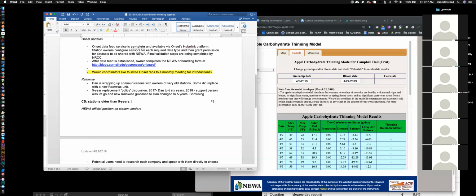I can reinforce to Ralph that if the customer wants to continue servicing it, you should continue servicing it. I also need to clarify that it's not our NEWA Rainwise policy that you replace it at 5 years. I need to reinforce that I'm following your guidance because it's your guidance. I need to say it in a slightly different way than that. But I wish I had better answers.